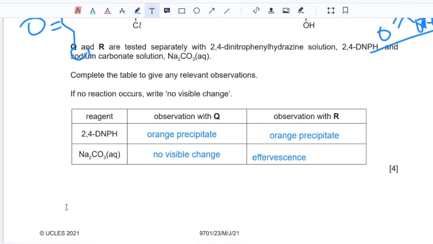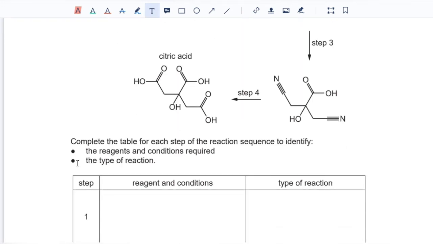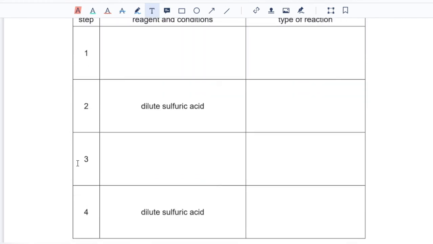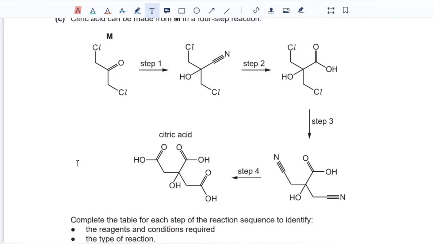C. Citric acid can be made from M in a 4-step reaction. Complete the table for each step of the reaction sequence to identify the reagents and the conditions required and the type of reaction. Alright, so starting with step 1, let's